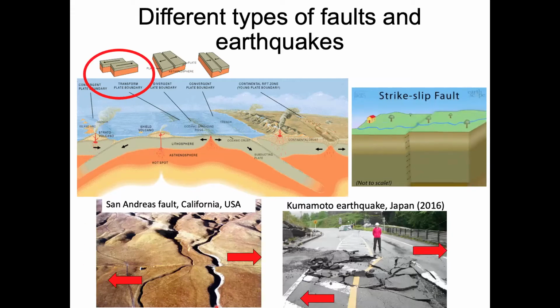And probably the most famous strike-slip fault system and tectonic plate boundary is the San Andreas Fault, which is in California, which is what's shown in this picture here. And you can see that there's a river channel through here, and then all of a sudden the river channel jumps. And that jump, that offset in the river channel, tells us about where the fault is.